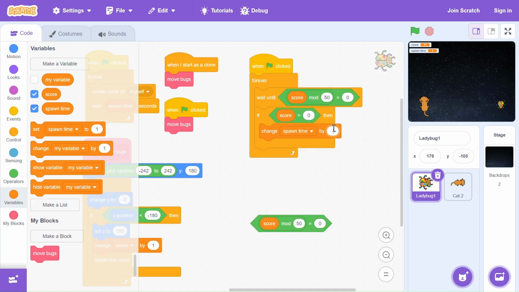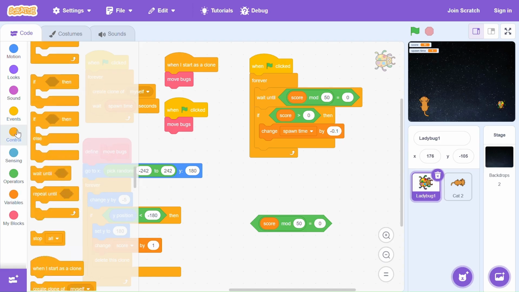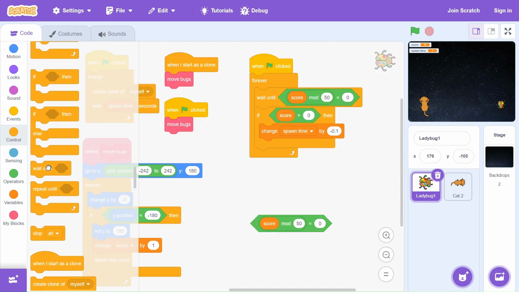-0.1, not -1. I just said -1. Okay, and then the next thing we want to do is to say, after changing by -0.1, wait until score mod 50 is no longer 0, so it's going to stay there, and that condition is now going to be false when score mod 50 is now 0, and it's going to go back to the top and repeat the process. So we are going to go to control and take wait until and place it under the change span